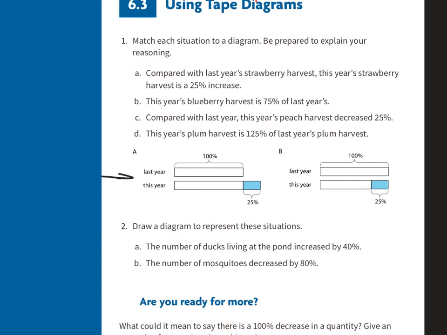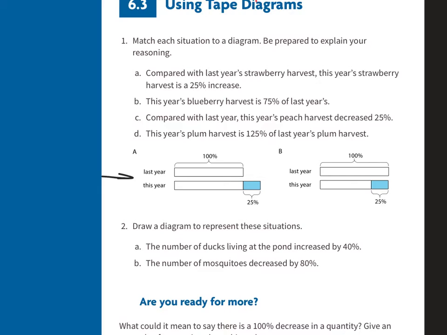It's just a visual representation of the problem. It says, match each situation to a diagram. Be prepared to explain your reasoning. Compared with last year's strawberry harvest, this year's strawberry harvest is a 25% increase. So we're adding 25%. So if we look here,